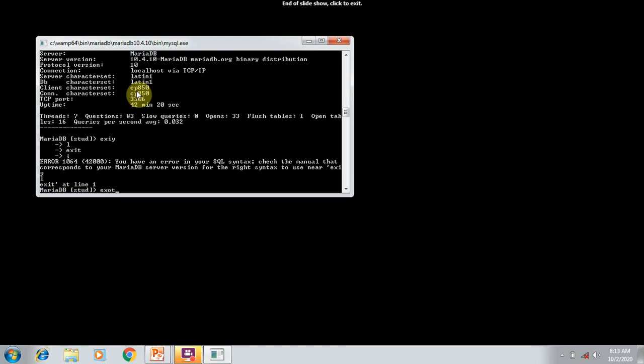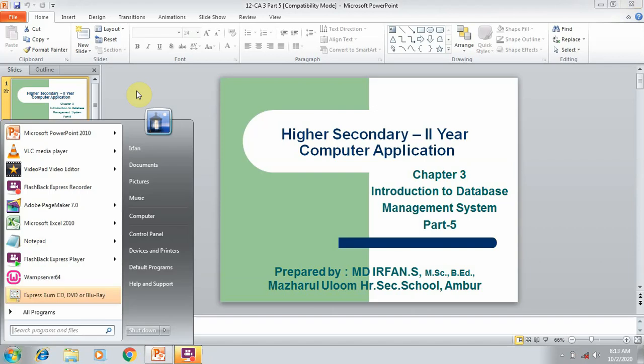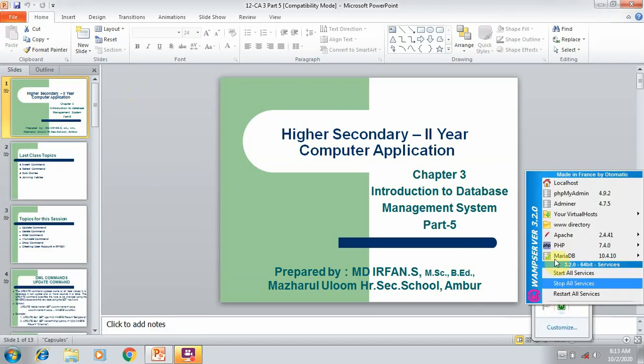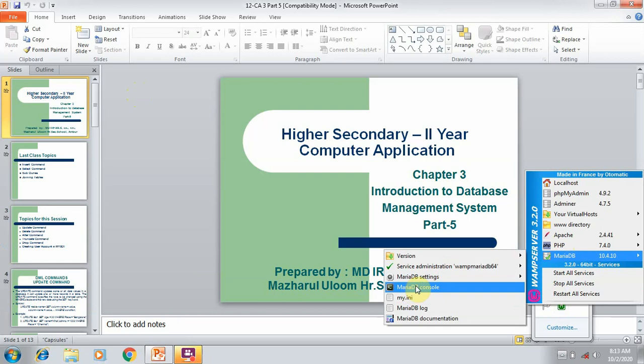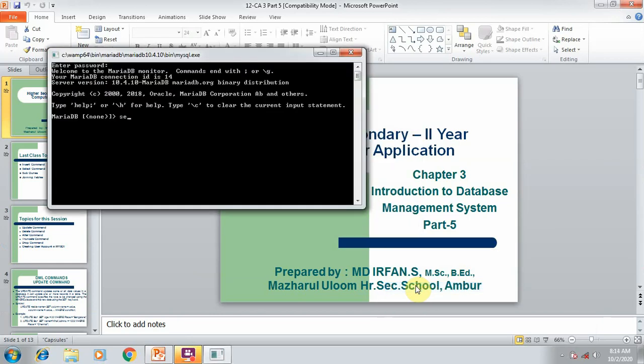Exit from this user to log into root user, where I am going to check the status of the inserted command. Go to the server, select MariaDB, select the root user. There is no password, so open the table, select asterisk from stu1, where you can see,